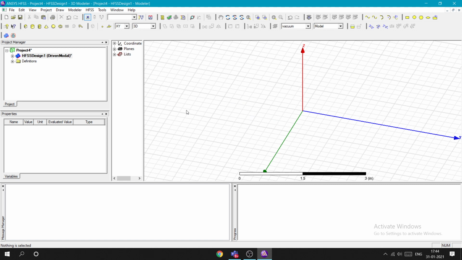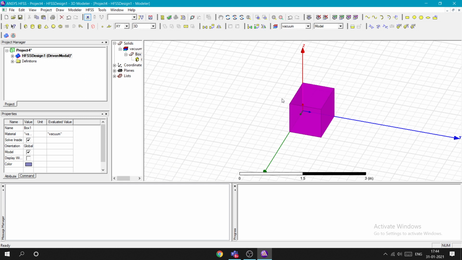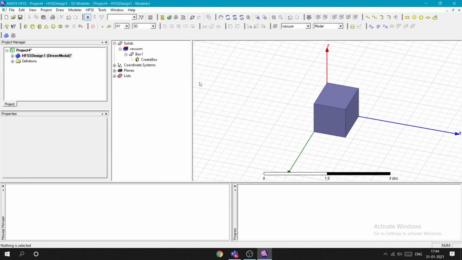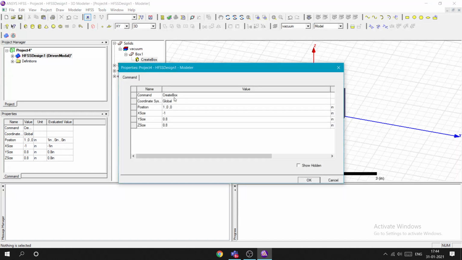Now, the rectangular waveguide is like a rectangular box, so we need to draw a box. Just drawing some random box. For this box we need to give the dimensions.